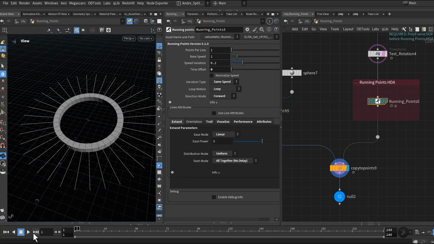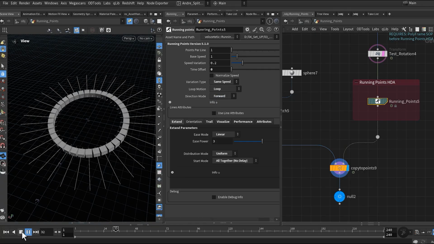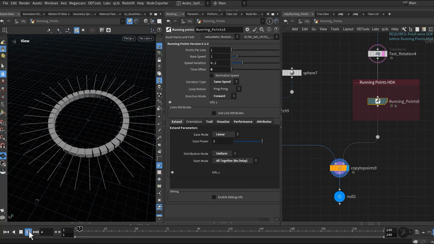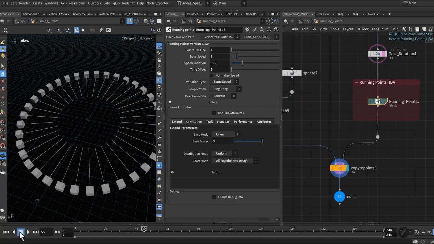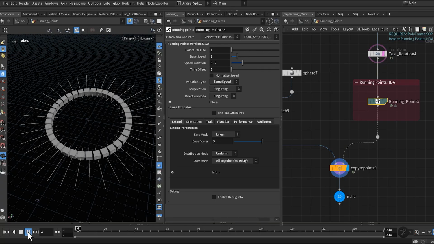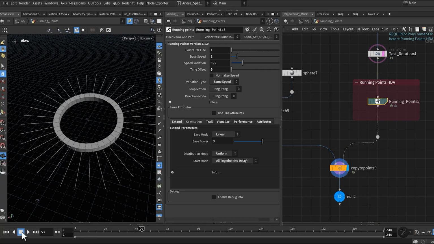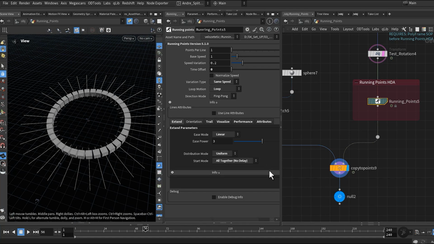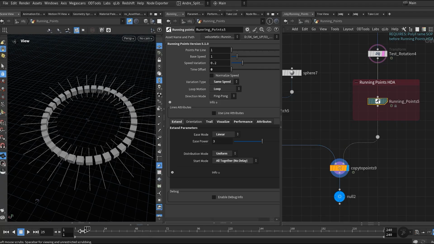Forward. Ping pong. Okay. Ease mode. Now it's linear.